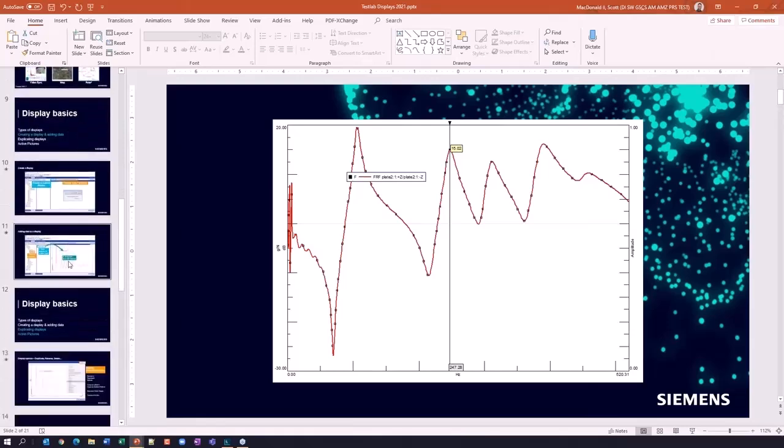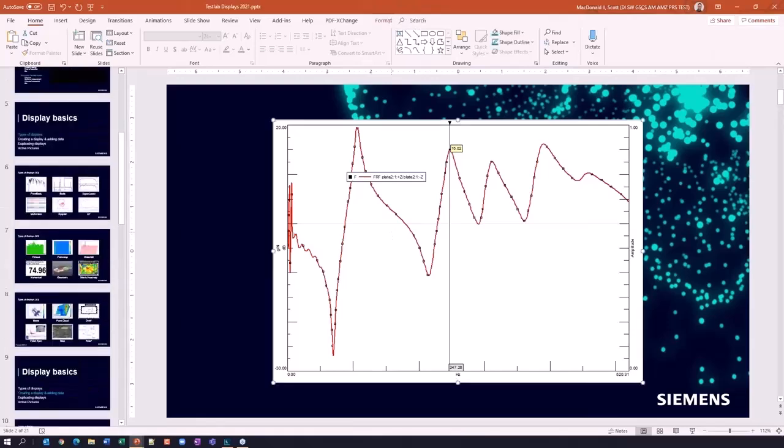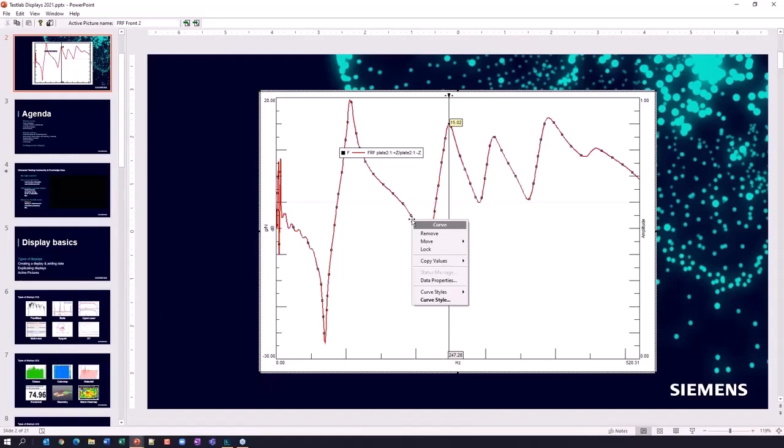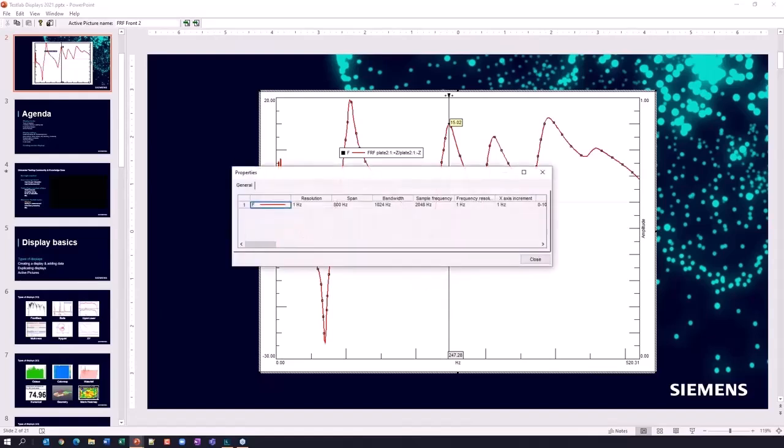When you double click there, you can open data properties on the curve, and you can get information about how it was acquired, like the sensitivity value, the sampling rate, all that kind of stuff is also stored in there. So if I'm looking at some weird piece of data, and I'm not sure how it was processed or if the cal value was right, I can double check it. I think that's pretty useful too.